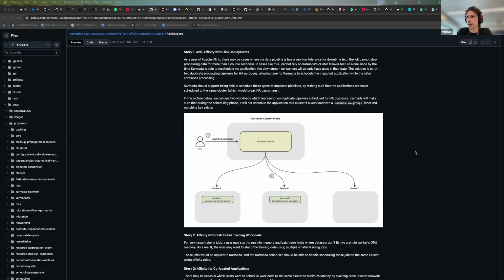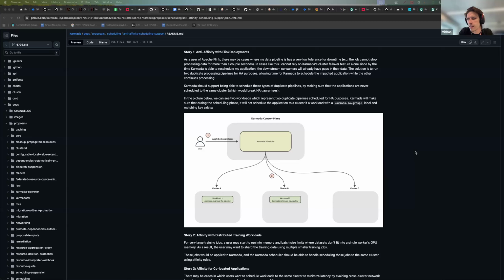So in our case, we require these users to deploy multiples of their pipeline. And then they handle it either with two duplicate pipelines that are publishing to the same database, such as Redis, which handles the deduplication for them, or they're using something like a Zookeeper Curator that is keeping track of which pipeline is the leader.